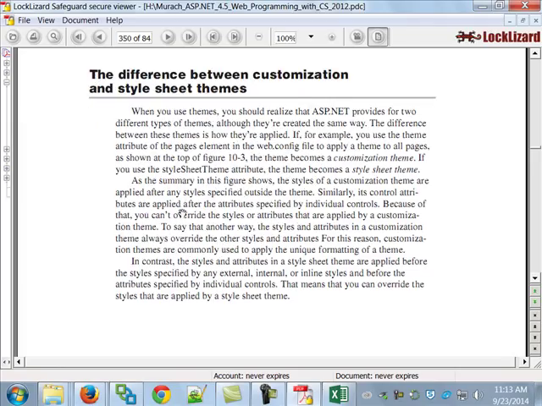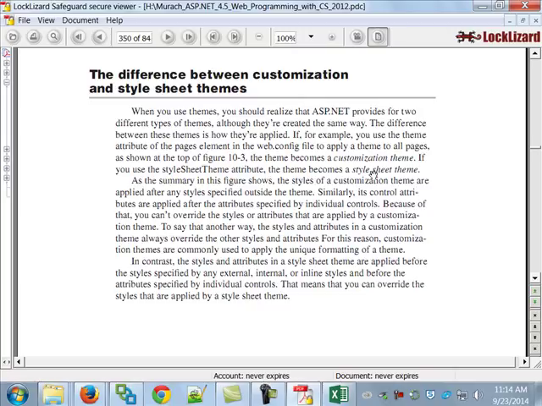So what the author is saying is what we just did, if we applied it to all pages, is a customization thing. But I can also sit there on an individual page and set a theme too. If I do that, then it becomes a style sheet theme, which means don't run it on every page, just have that special theme on this page. So you can customize it site-wide or you can customize it page-wide. The only thing to remember is if I have 6 pages and 6 different themes, that might be one